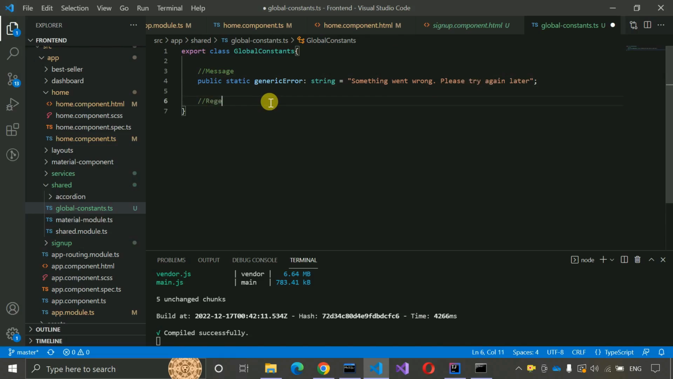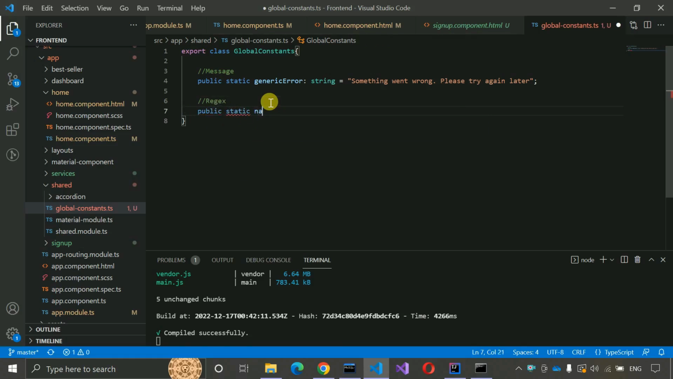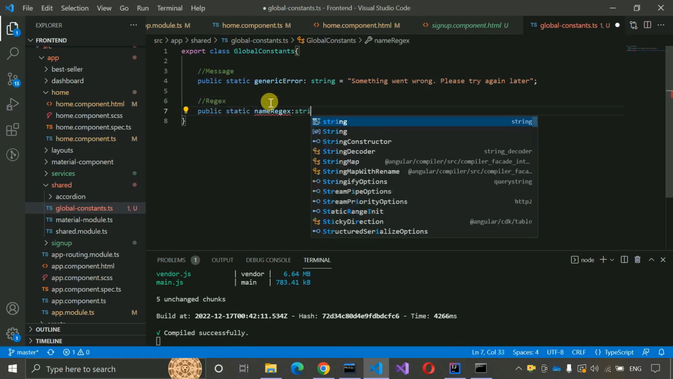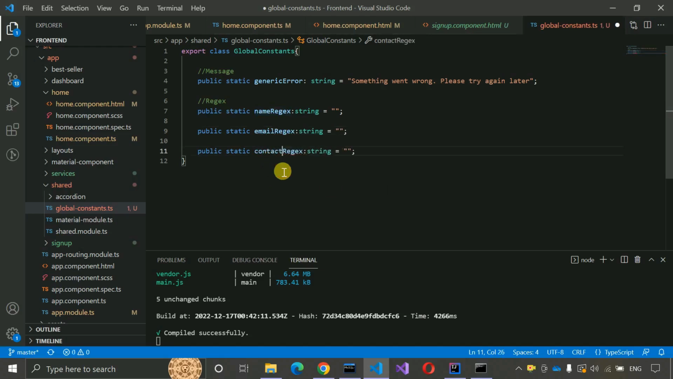So regex, and public static nameRegex, and that should also be a string type, and we have to paste this one. So let me copy paste this first, two times more here, one, two, and we are going to change the name to email, and the last one will be contact number. So contact number,